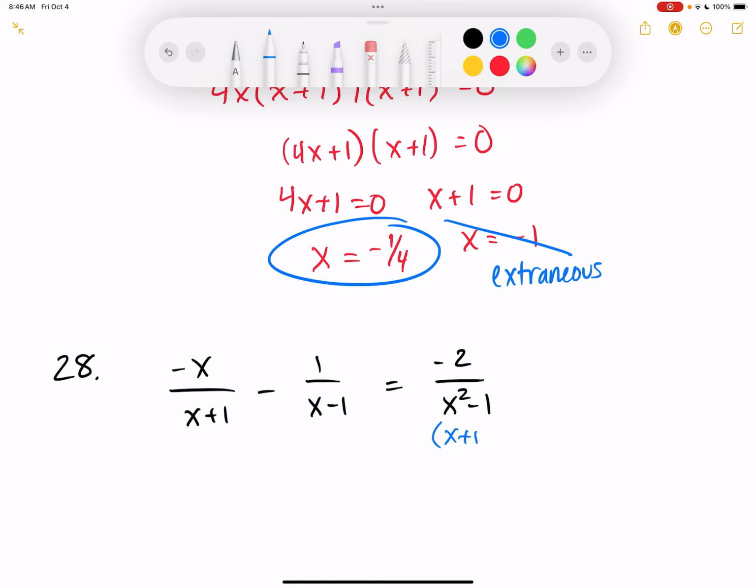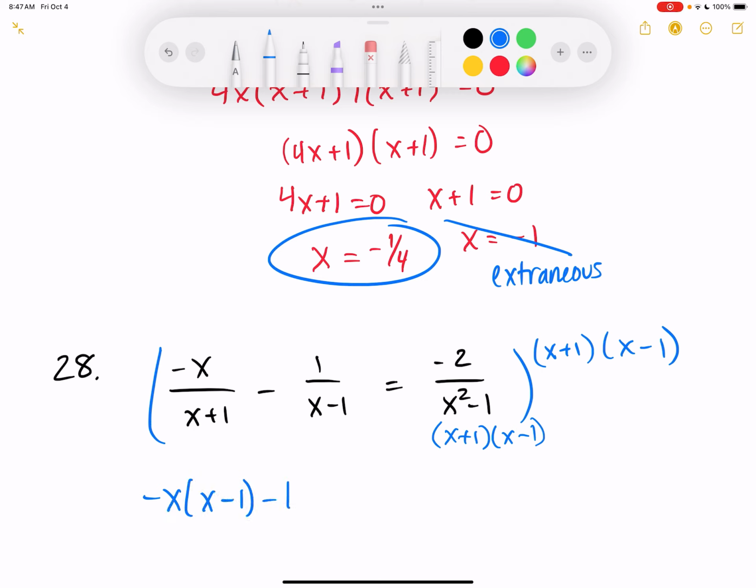x squared minus 1 is x plus 1 times x minus 1. So now, obviously, these are the same factors as over here, like they have been in the last couple. So I multiply the whole thing by x plus 1 times x minus 1. When I multiply the first one, the x plus 1's cancel. So I have negative x times x minus 1, minus 1, where the x minus 1's cancel, so it's times x plus 1,